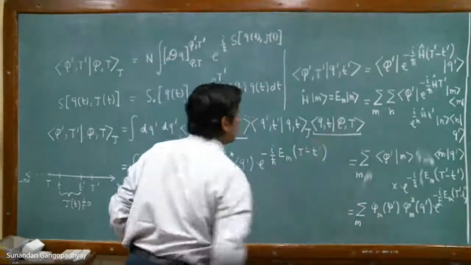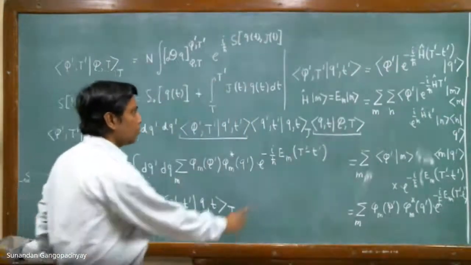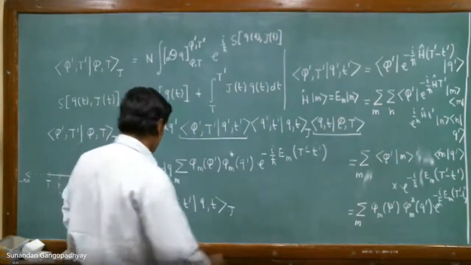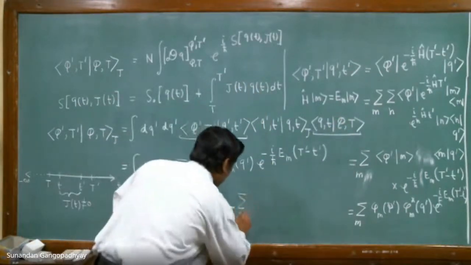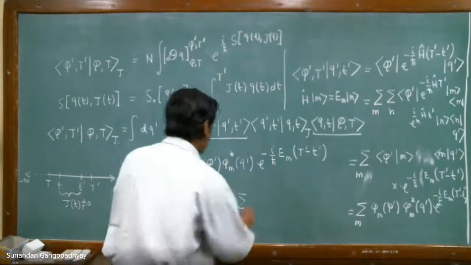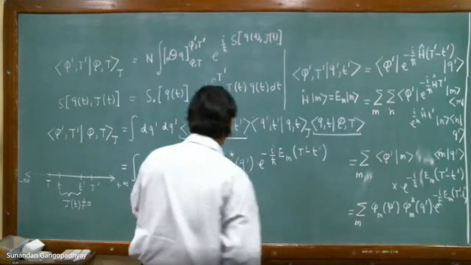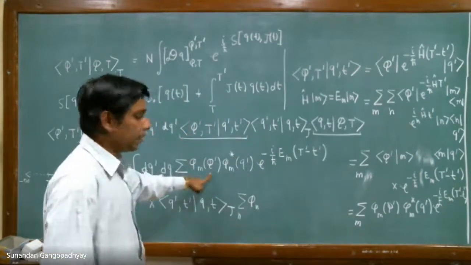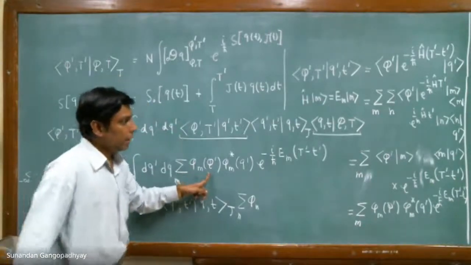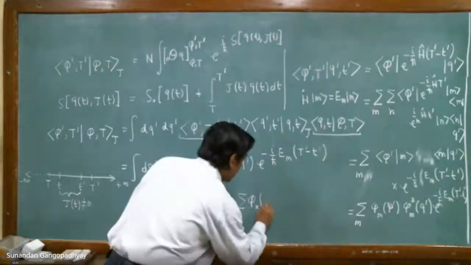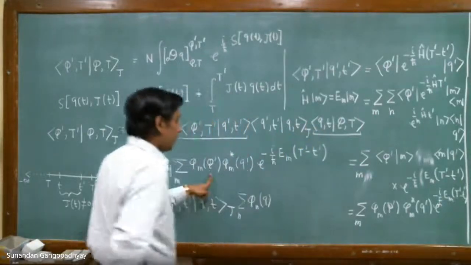And then we have this expression. So now you have to just substitute the expression for this. This is simple. This will be a summation over n. You will have phi n. See here q prime was on the left, so you had q prime over here. And similarly, therefore, for this expression you will have phi n of q, because q is on the left.